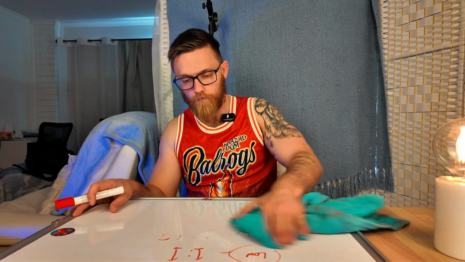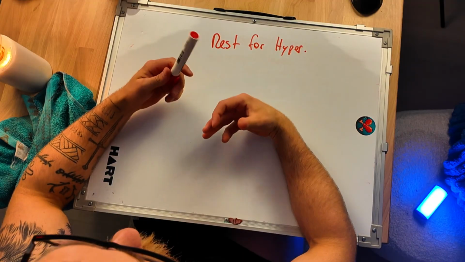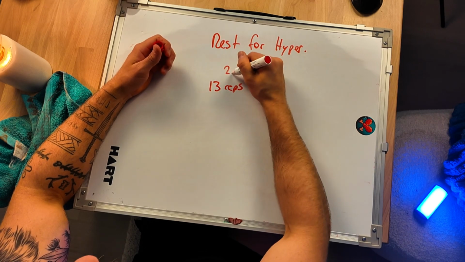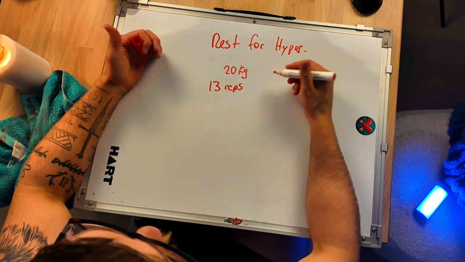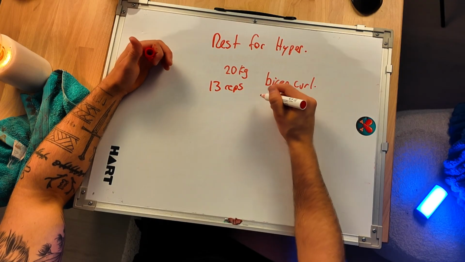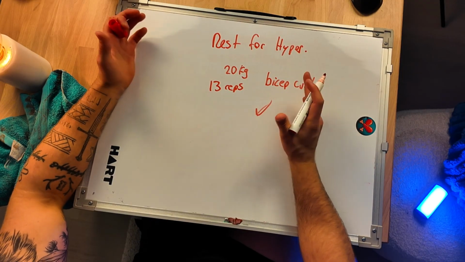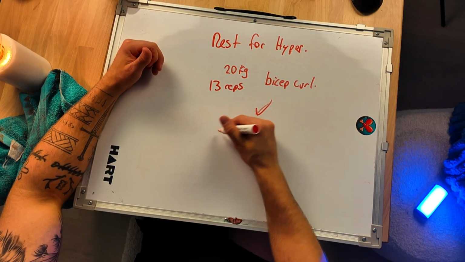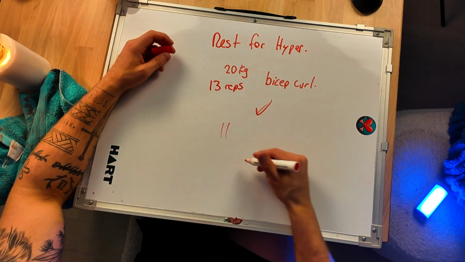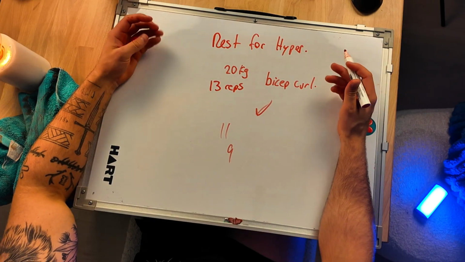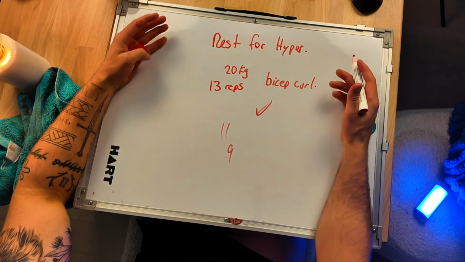A good rule of thumb is if you are tracking your clients' metrics and you are tracking their actual reps and weights, which you should be, you might expect a client to be able to do about 13 reps of 20 kilos of this movement that we will call the bicep curl. If your client on the day has just done 2 sets and they've done their 13 reps of 20 kilos and it was to failure and they did a really good job, if you shorten the rest time that you've been giving them and find that now they can only do 11 reps per set or 9 reps per set or whatever, you might then determine that you're not giving them enough rest time for the movement.